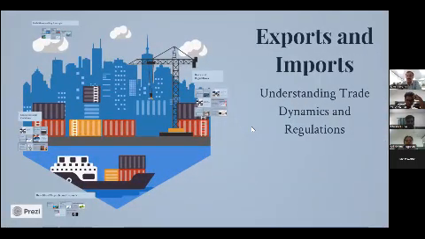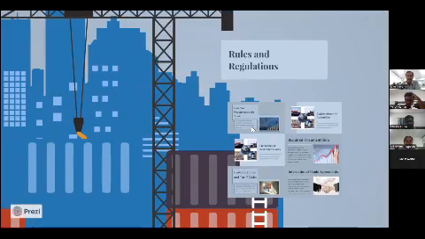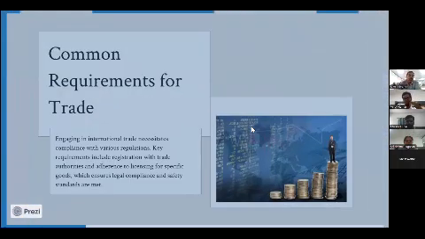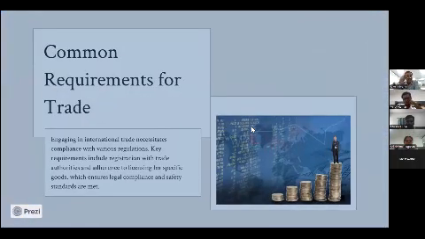Next, exports and imports: understanding trade dynamics and regulations. Rules and regulations. In this, common requirements for the trade: engaging in international trade necessitates compliance with various regulations. Key requirements include registration with trade authorities and adherence to licensing for specific goods, which ensures legal compliance and safety